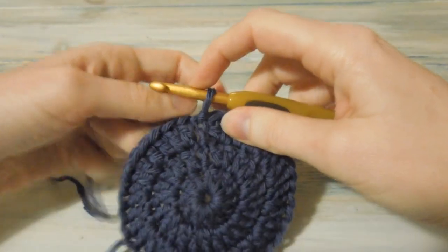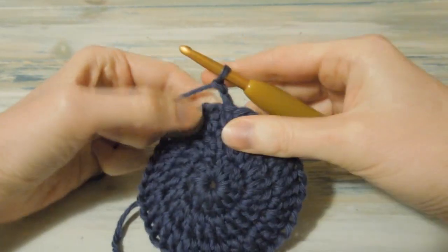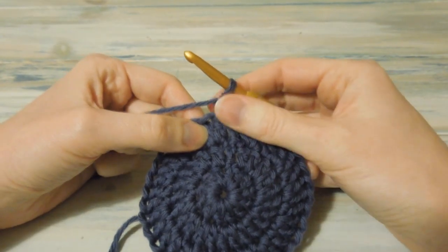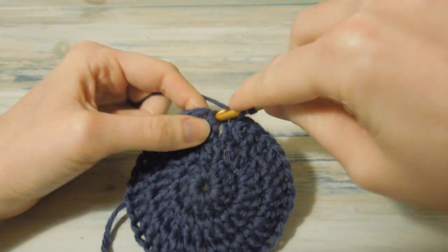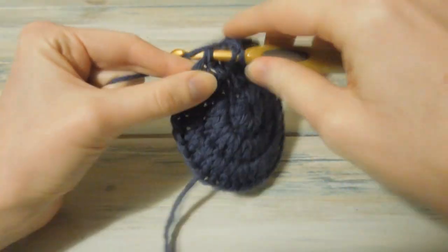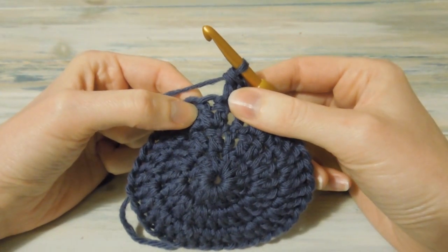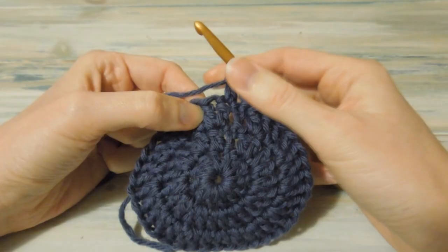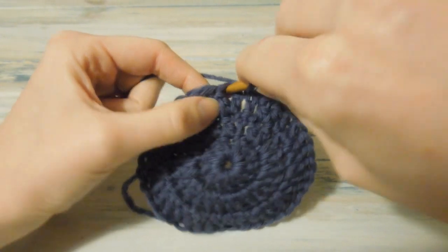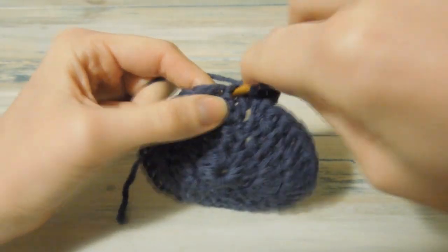Round 4 we're going to chain 2, so that's 1 and 2, and then we're going to work 1 double crochet in the next stitch. So we go straight into the next stitch, so not the one underneath the chains, but this next one along. Do 1 double crochet, okay, and then we're going to work 2 double crochet in the next stitch. So, and that should line up with our previous increase. So we do 2 double crochets, so that's 1 and another one in the same stitch,